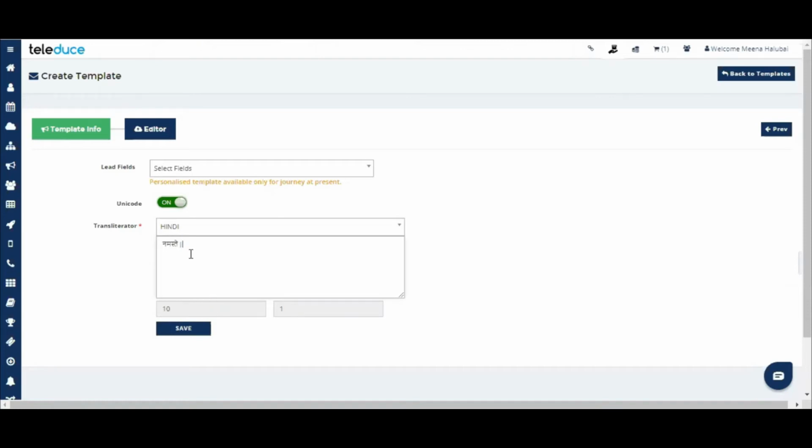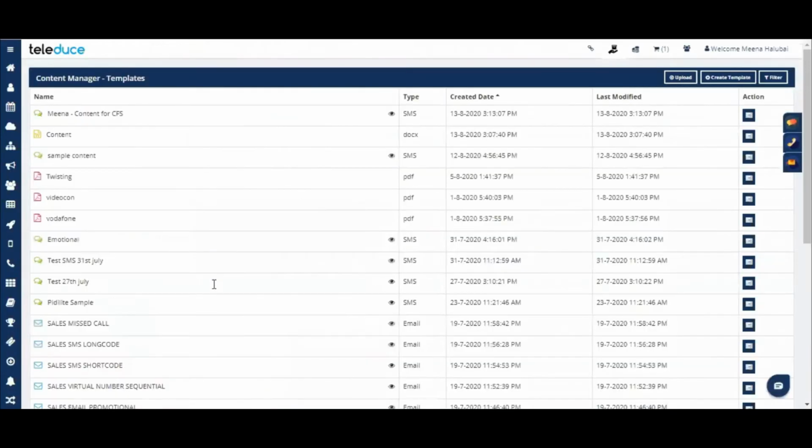Okay. So I'm going to save this in a Unicode language, and we'll see how we can run a campaign with this. Okay, so I'm saving it. Once it is saved, you'll be redirected to this page. Again, you'll be able to see the content, view the content, action will be filled in all those particular details.